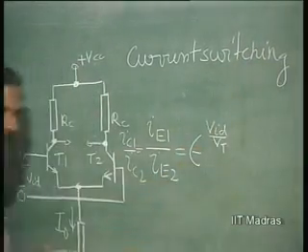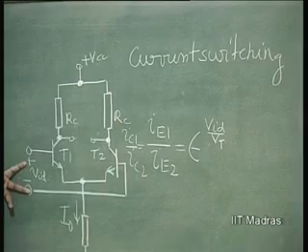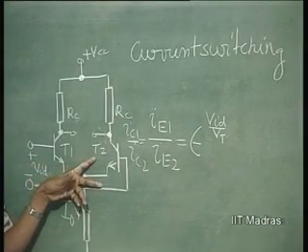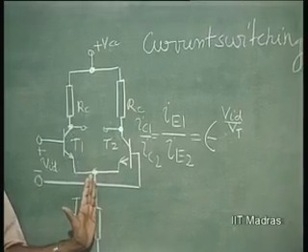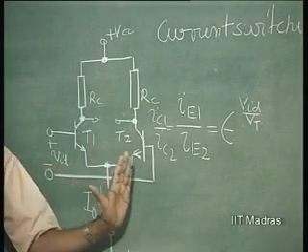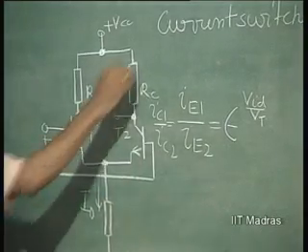What has taken place by applying a VID of positive polarity and going to negative polarity is that the current here has totally switched from this transistor to this transistor. This is called current switching,